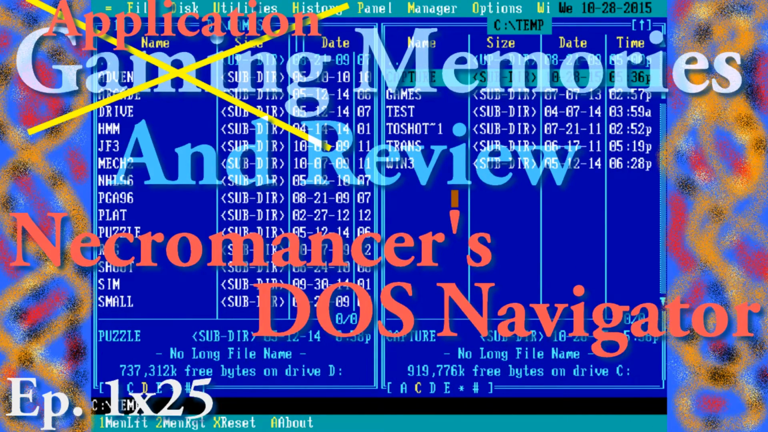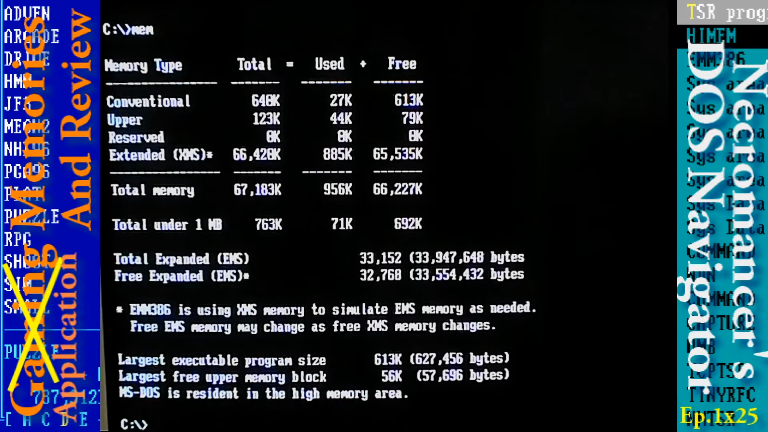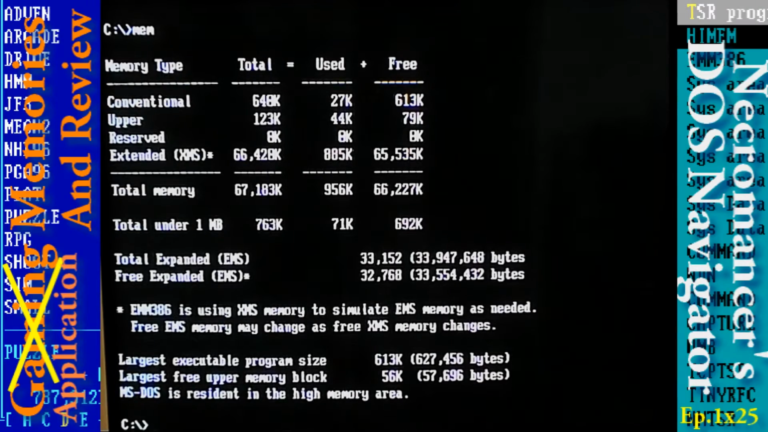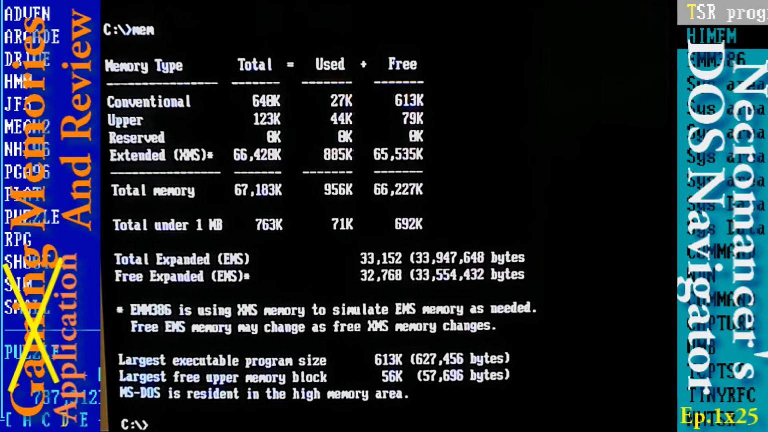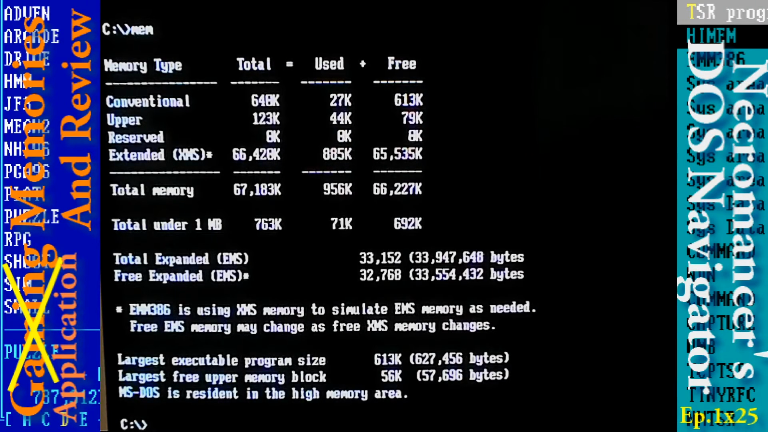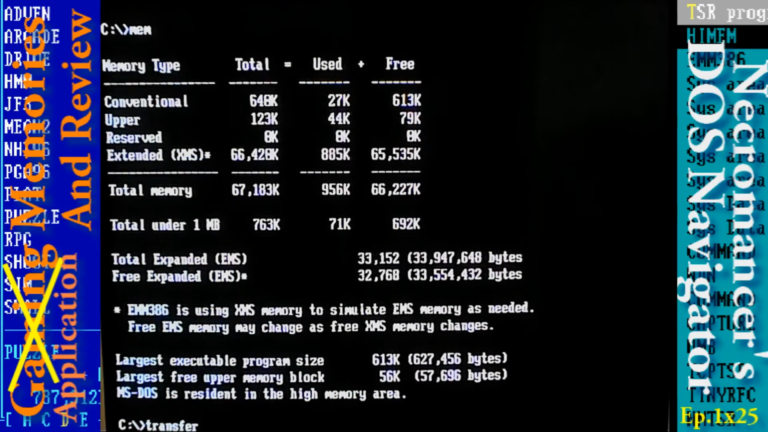It's been a little while since I did an application review. I think Deluxe Paint was the last one I looked at. I might have looked at a few of them when I did my Amiga Plus video, but yes. I wanted to show a particular application off for you in Microsoft DOS today. First, I'm going to enter a command